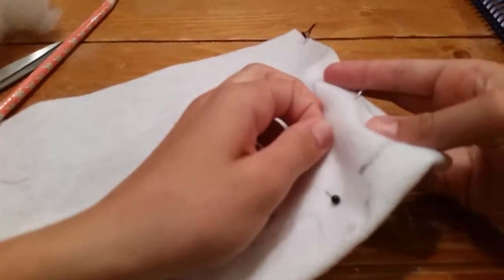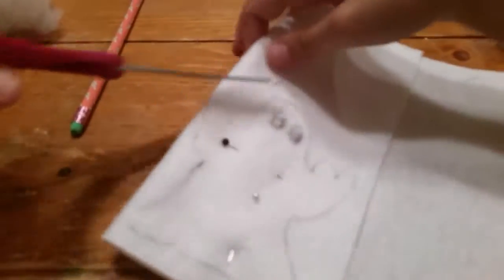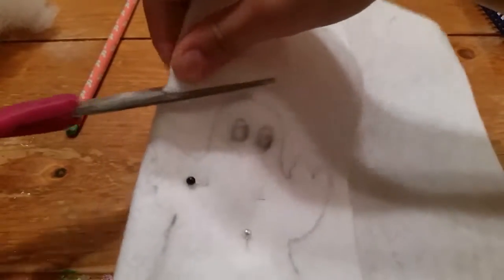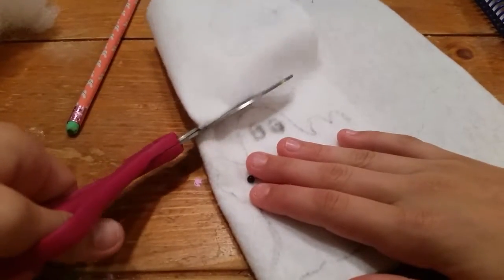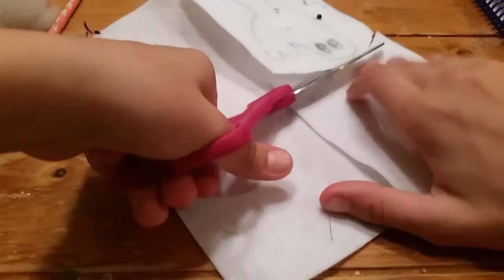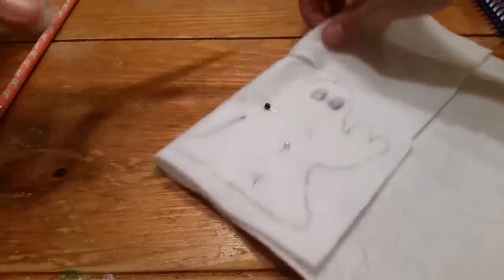Now all we have to do is cut him out. What I like to do is cut just roughly, if I can get my scissors to work. It's annoying because it will work with one sheet, but two sheets of fabric is way too much for my scissors to handle. My other scissors are too...